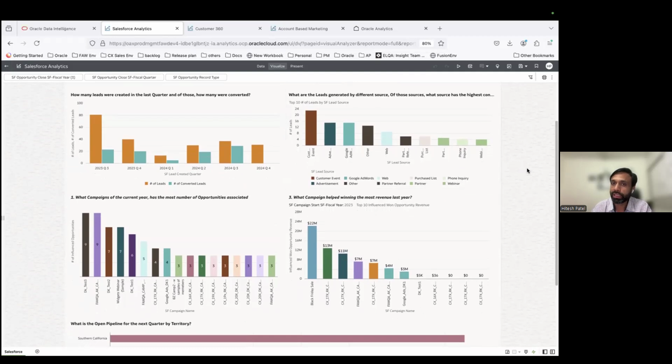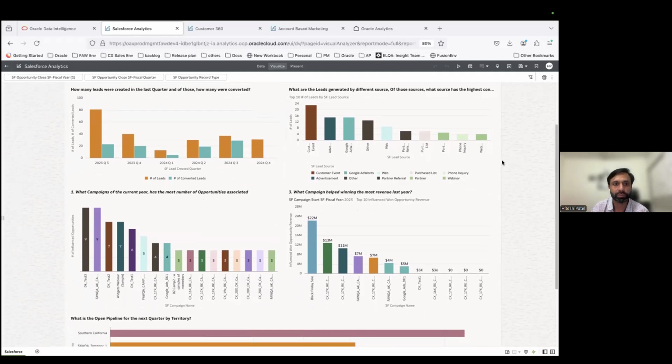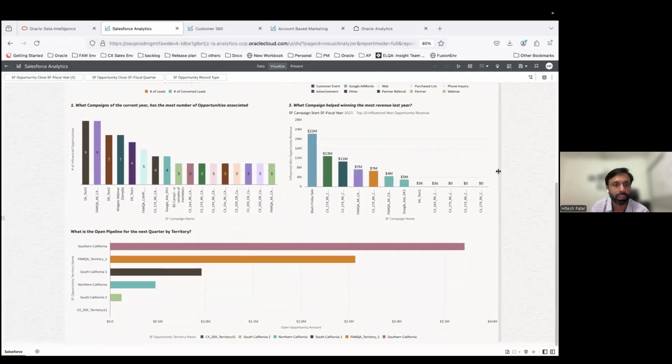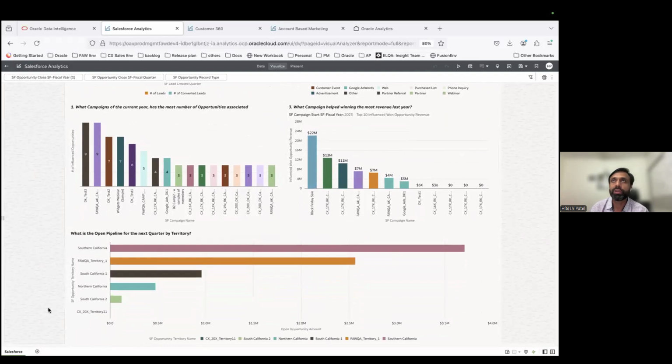Similarly, what all sources my leads came through. And I can very well have campaigns and campaign members created in Salesforce from Eloqua, through which I can derive this information. Similarly, the information around, hey, what all campaigns have been more effective for me? So, which campaigns help me create more opportunity revenue? So I know Black Friday sale got me 22 million last year. Wonderful. So if I am a sales VP or a manager and I want to forecast for my territory, I can bring that information in. I can report upon what all territories are forecasted, what is the open pipeline for different territories for the next quarter. So that information is also available.